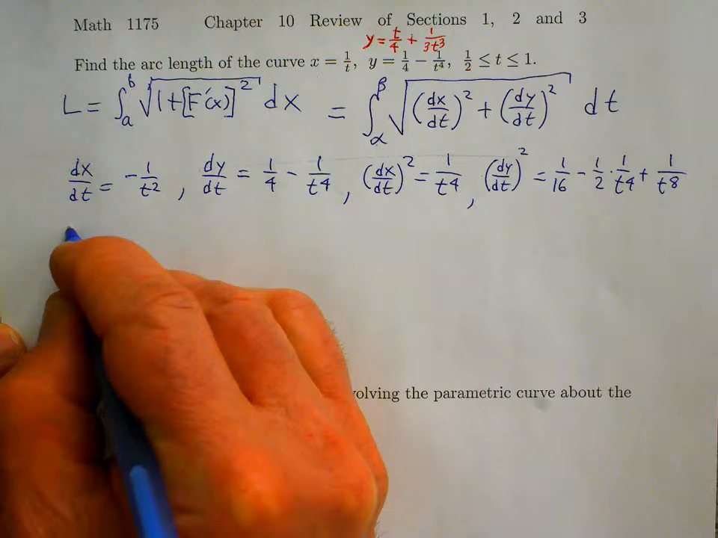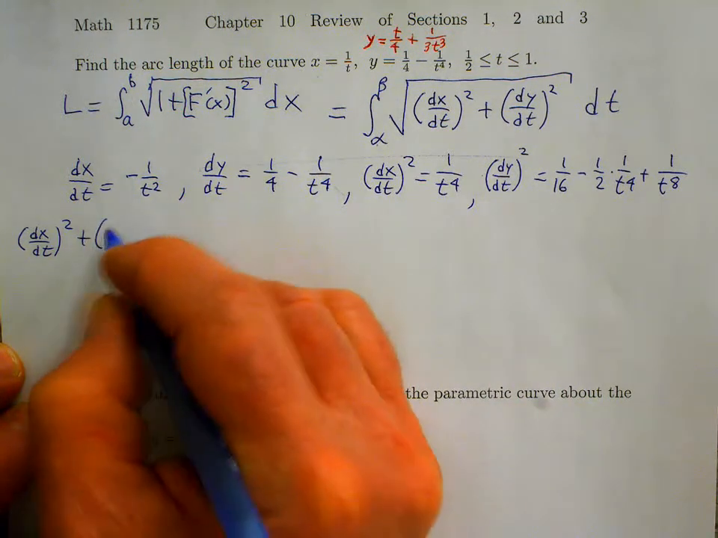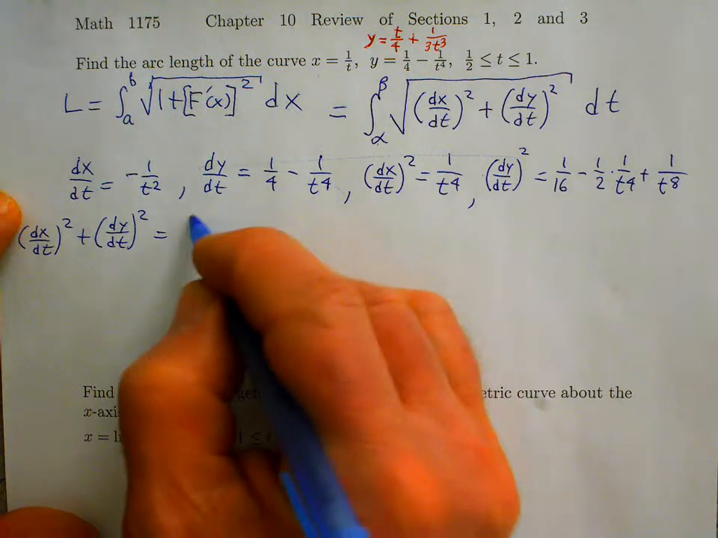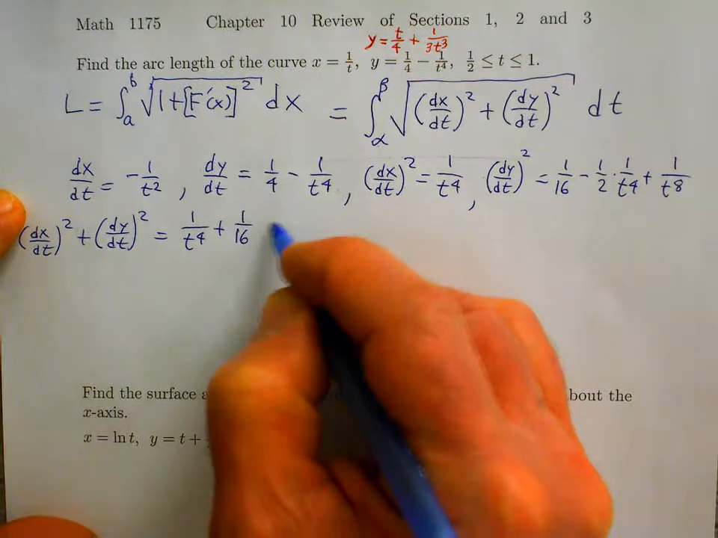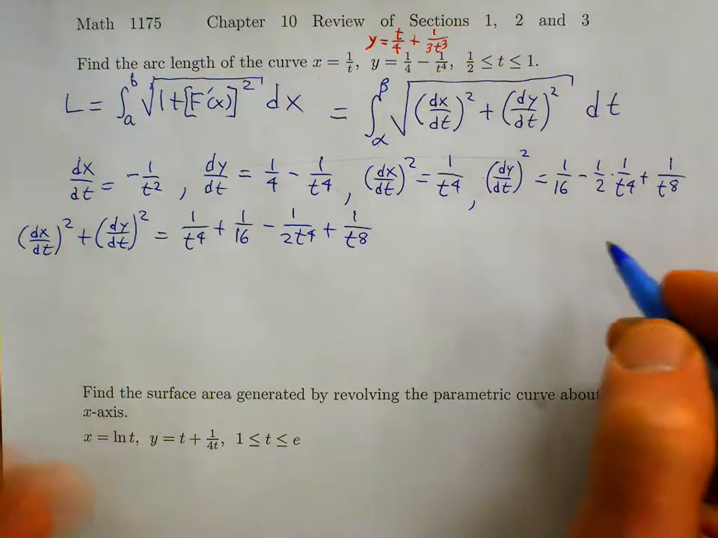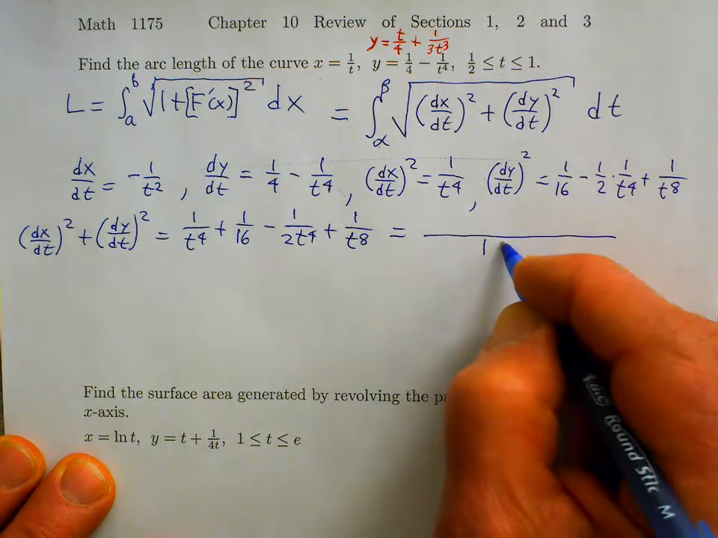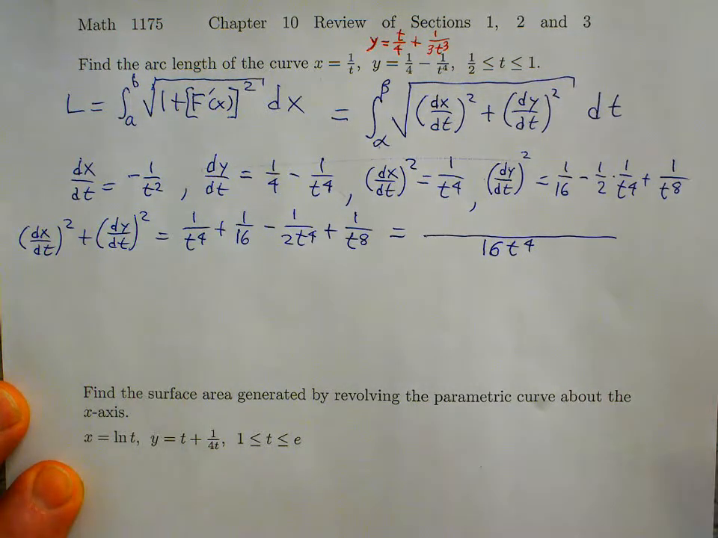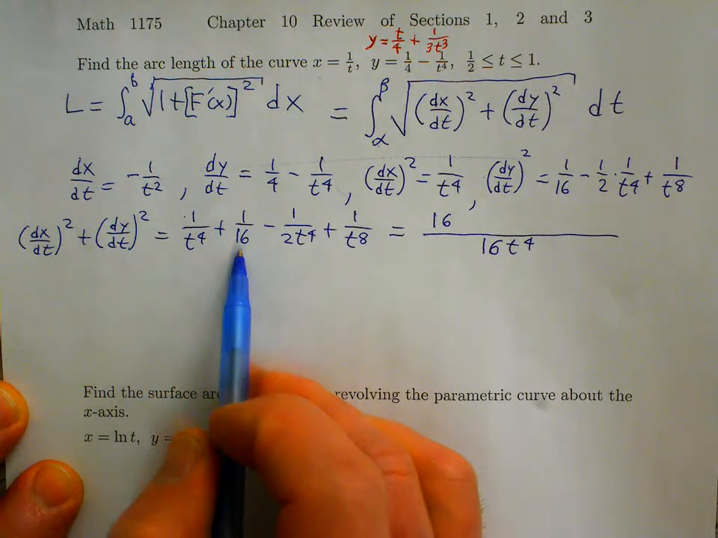Okay, when we add those, we'll get a common denominator. For now, I'll just write down what we have. 1 over t to the fourth plus 1/16 minus 1 over 2t to the fourth plus 1 over t to the eighth. And the least common denominator is going to be 16t to the fourth. So that means I would have to multiply 1 over t to the fourth by 16 over 16. So 16 times 1. And then this one, multiply the numerator and denominator by t to the fourth, so plus